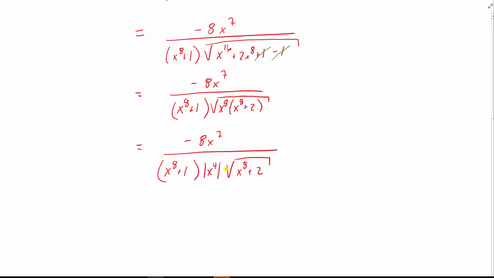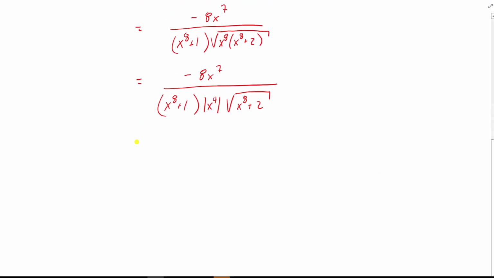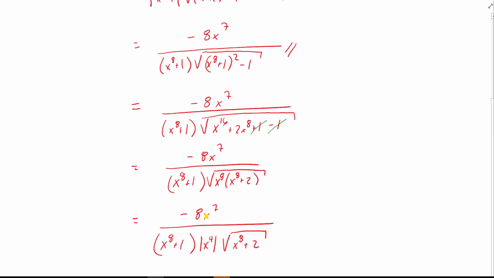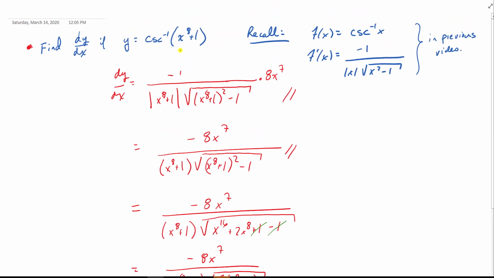Folks, if you're a little bit concerned about how I did that, I'll do a little explanation for this step here at the end of the video. Okay. But of course we don't need this absolute value on here. How come? Because x to the 4th is always positive or 0. If it's 0, then this whole derivative is undefined, but the cosecant curve to begin with isn't defined